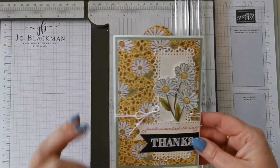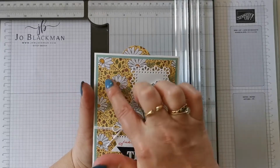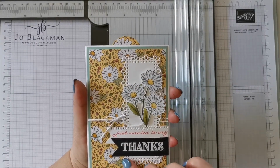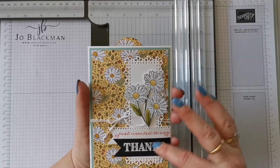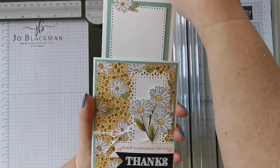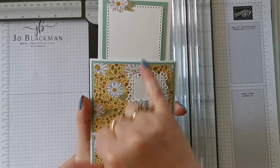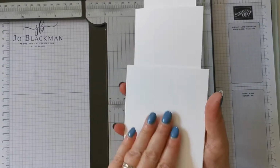This is another one I made, which you may have seen. This is actually new paper that we're getting in the new annual catalogue. It's absolutely beautiful, and it's the Ornate Garden Suite, so it's got some really lovely little images on it, and I do like daisies. So if I pull that one, you can see I've done, just wanted to say thanks for all you do. And again, there's a little panel there for a short message,